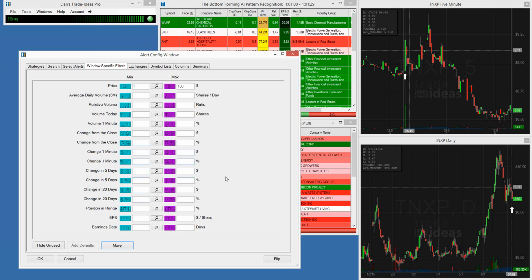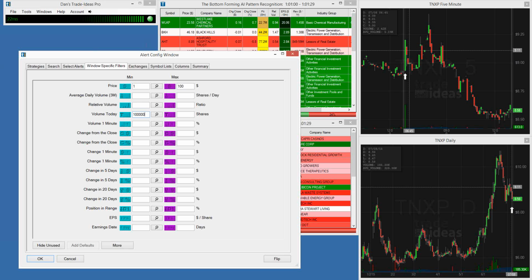Okay, so here's what I can say. I can say the average 3-month volume is something, but I'm not going to care about that, because I'm going to use what I think is a more interesting filter, which is called volume today. Now let me explain why I'm using that. So I'm going to say 100,000. Volume today versus 3-month average, the reason I do that is because